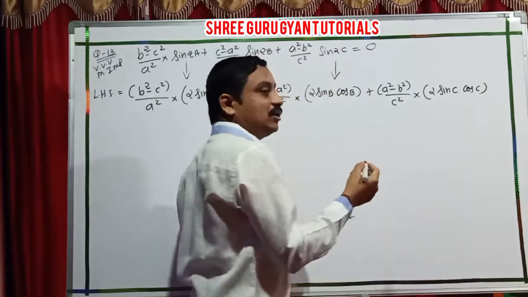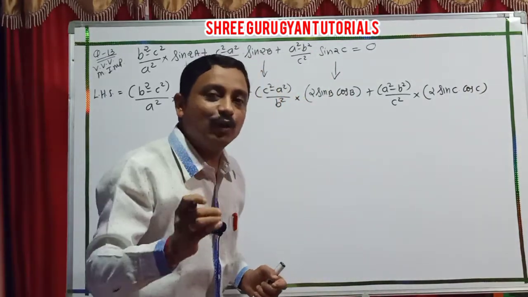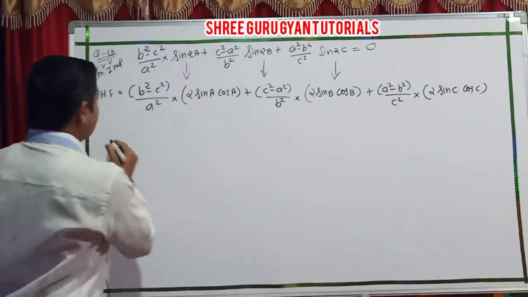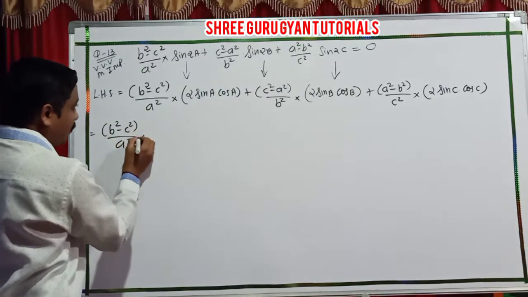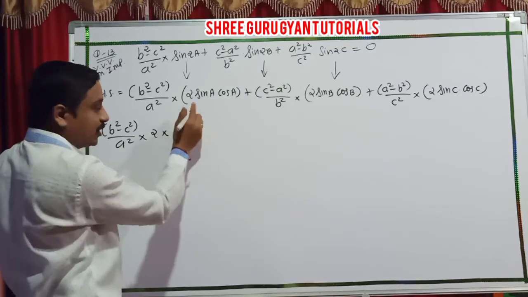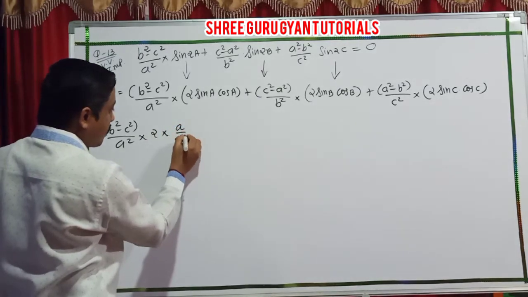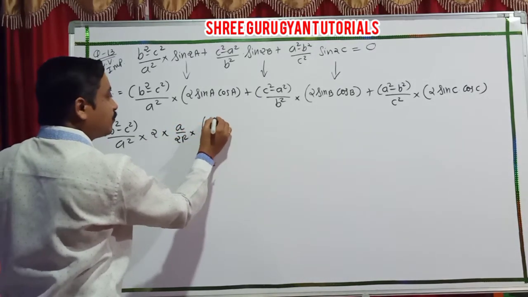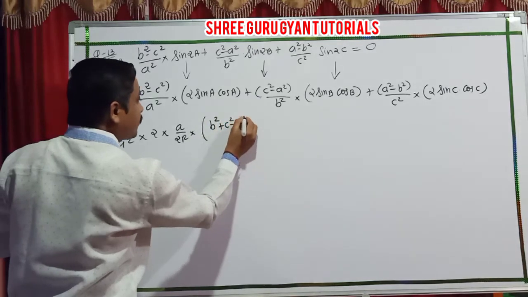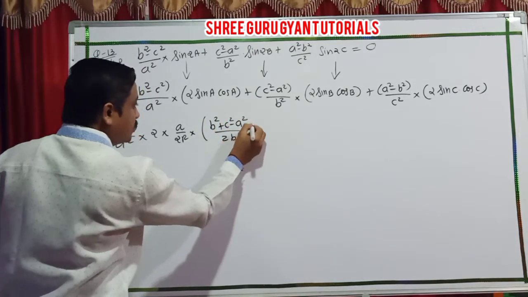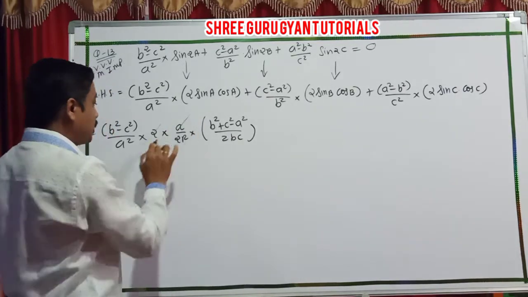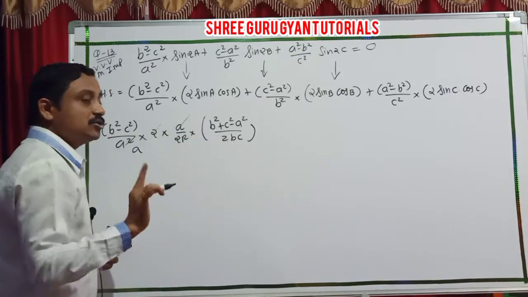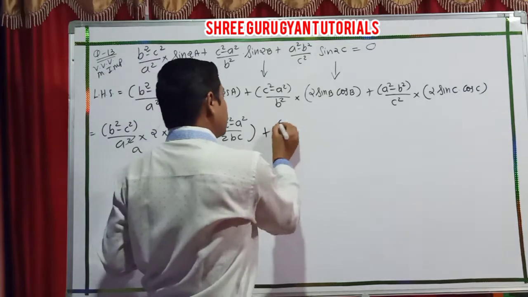Now students, you just operate our sine rule and cos rule, so that you know very well. Yes students, here operate our sine rule. It is A by 2R. And cos A is also known, B square plus C square minus A square upon 2BC. And here easily the 2 cancel, and also A cancels. You have only 2R ABC remaining.